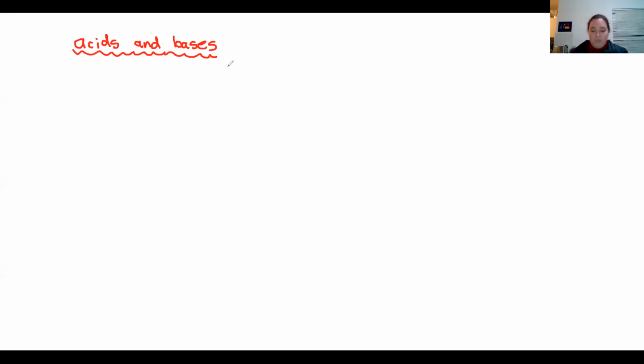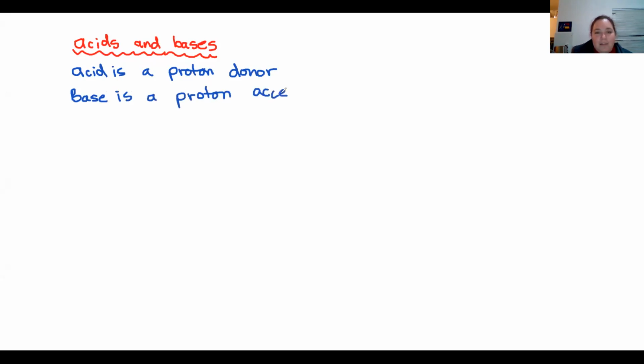Okay, so we need to know that an acid is a proton donor and a base is a proton acceptor. Please note that these are the Lowry-Bronsted definitions of acids and bases. There are other definitions that you can be asked, like the Arrhenius definitions, and some schools even cover the Lewis definitions, but I'm not going to go into either of those because these are way more likely that you're going